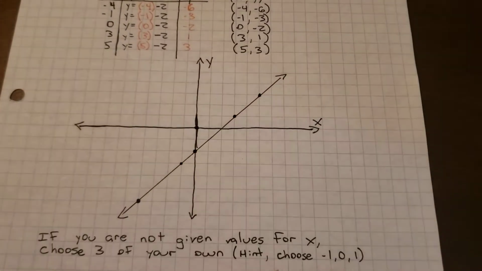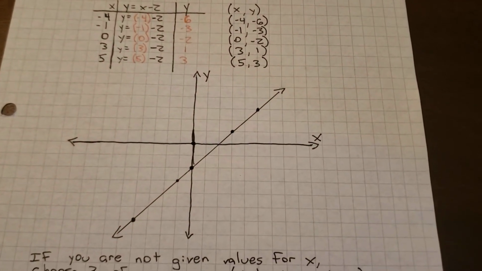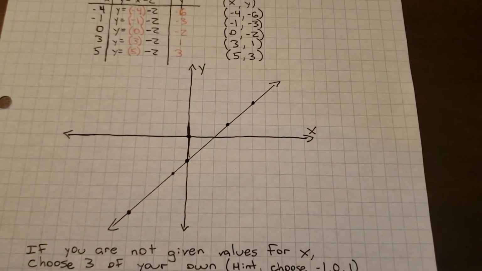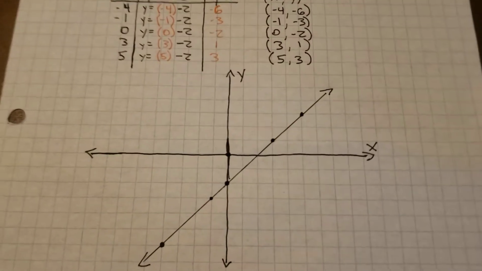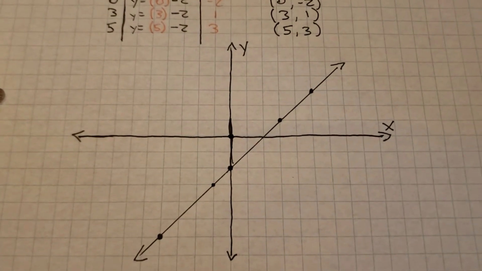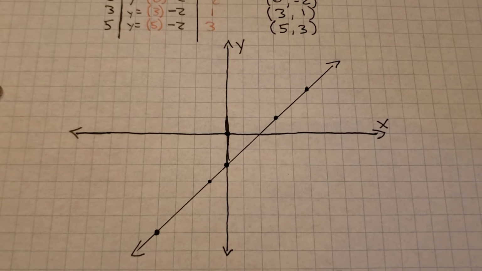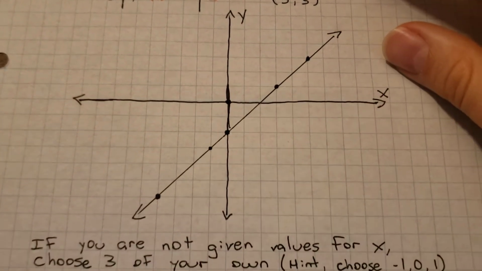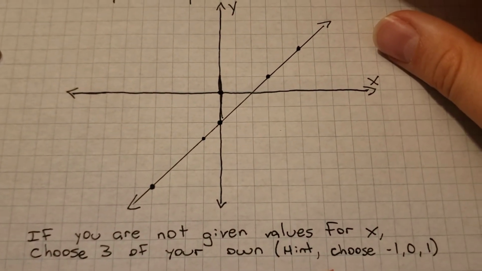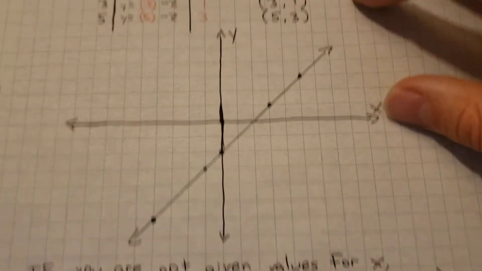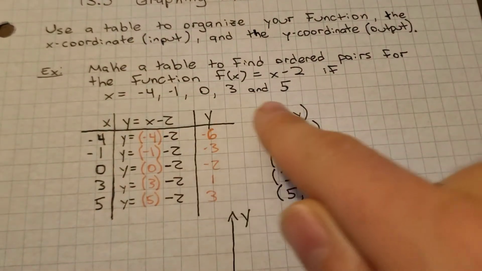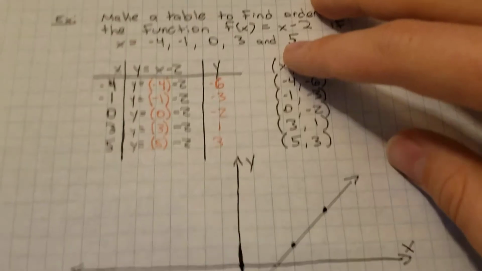And again, our graph looks something like this. Now, I didn't even write this all the way out, although I should have, right? Our graph looks very similar to this. Now, moving on. If you are not given values for x, right? Here we were given these values. But if you're not,